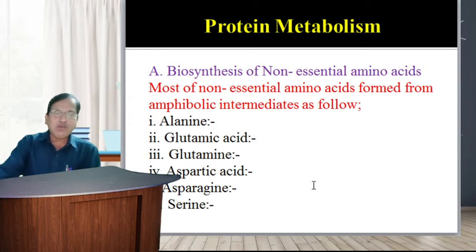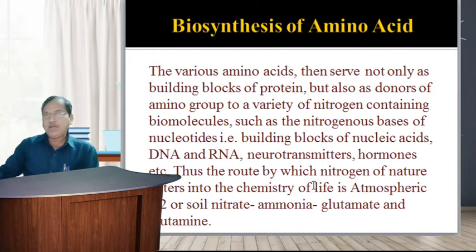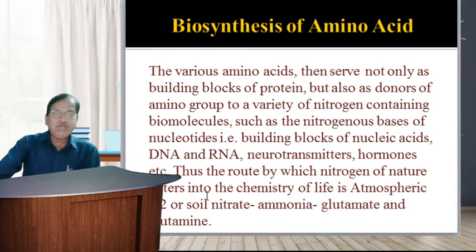Humans and other mammals, however, can synthesize only 10 non-essential amino acids and obtain the 10 essential amino acids from the food. Means in the living animal body, out of these 20, only 10 amino acids are formed by the body and 10 essential amino acids